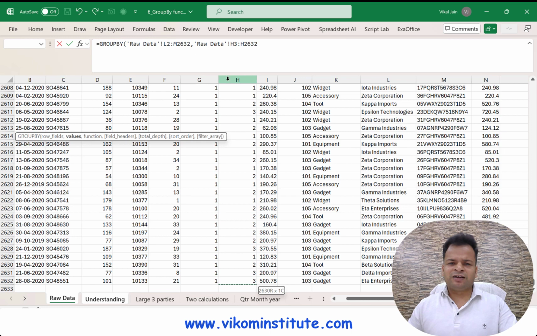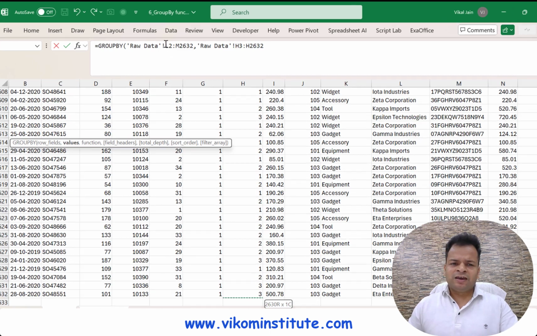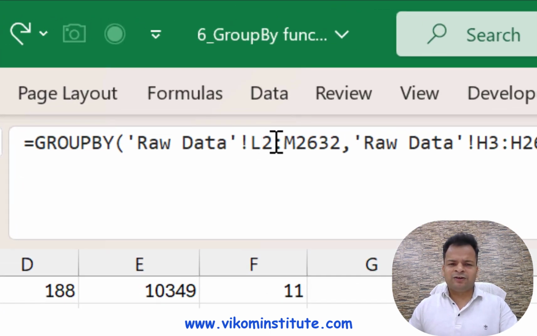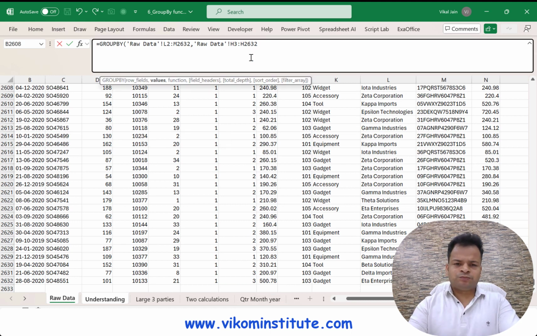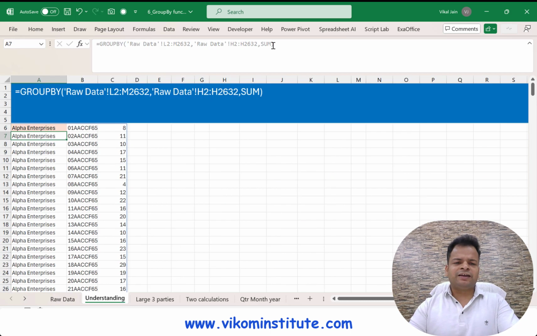Now here we have made a mistake. What mistake? Here we have taken L2 to M2632, and here I am starting from H3. That is a mistake. The rows and the cells should be the same. Comma, and again I want SUM. Now close the parentheses and enter.